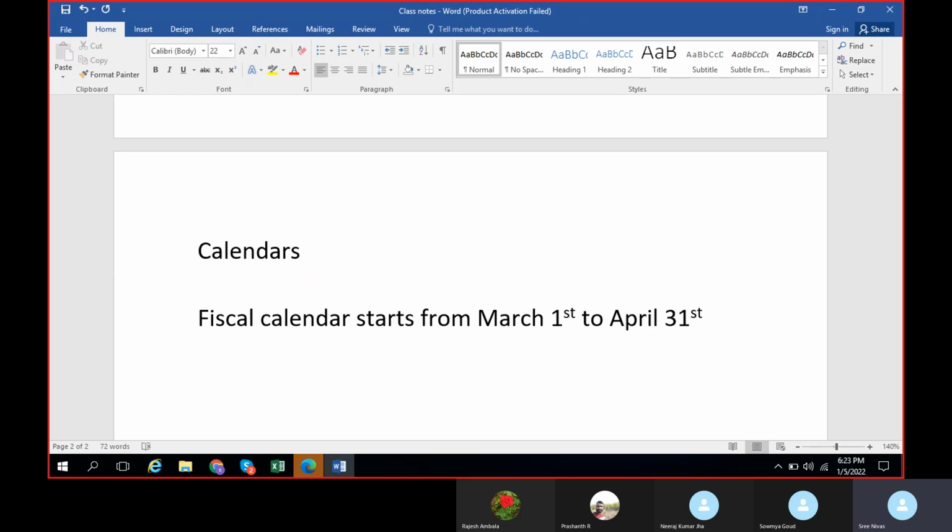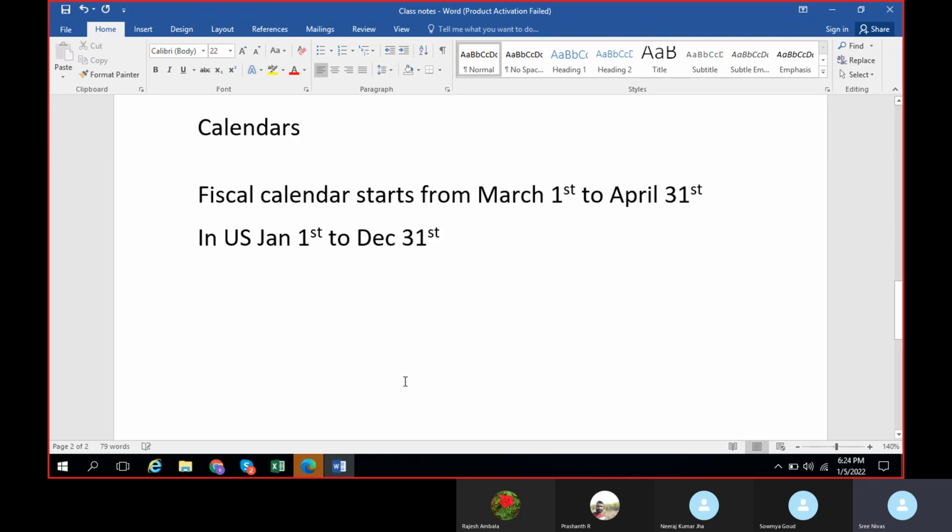It is not necessary that the calendar should start from March 1st to April 31st itself, but this is mandatory from the IT department to submit IT or anything related to statutory matters. In case it is a US-based company, in the US they don't use this March 1st to April 1st. In the US, as usual, their calendar will start from January 1st to December 31st.